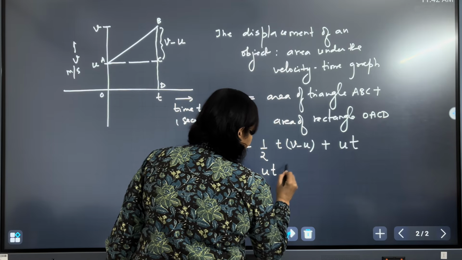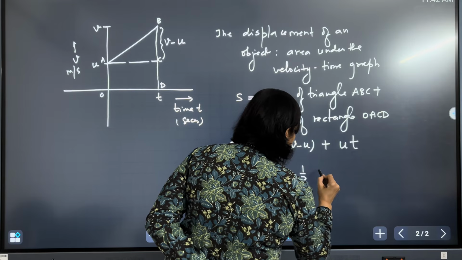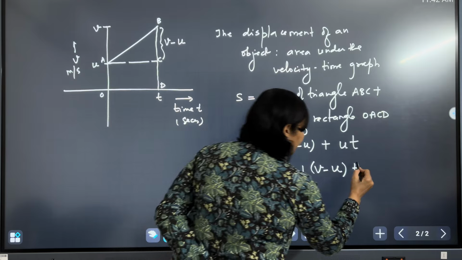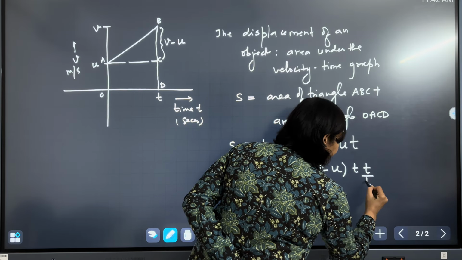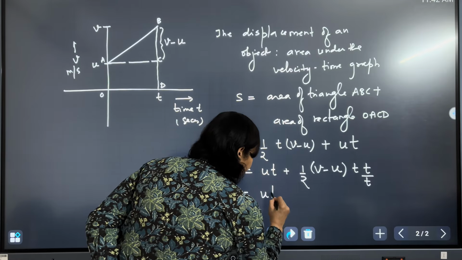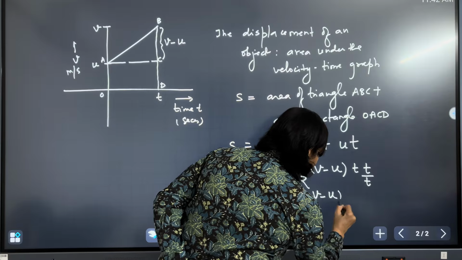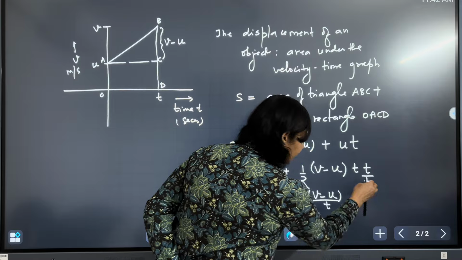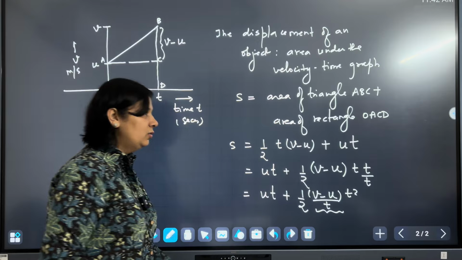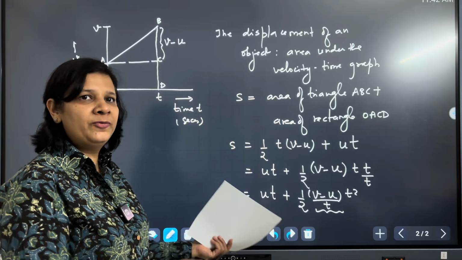So I want to write in terms of acceleration. So first I am writing the term ut plus half (v minus u) into t, right? I just multiply with t and divide by t. There is no change in the equation. Okay, I can do that. What will be the benefit? Let us see. So that will be equal to half (v minus u) over t, and this t I take with this, and this is left with t square. Now we know what this is. (v minus u) over t is what? We have already defined, that is the acceleration of an object, right? Rate of change of velocity.